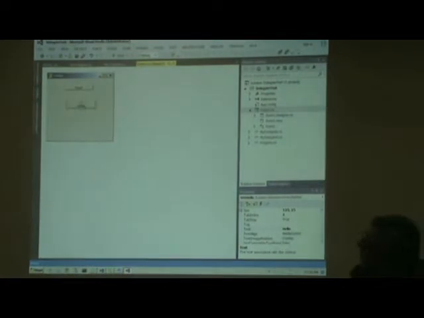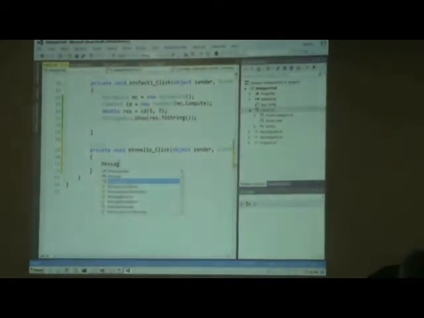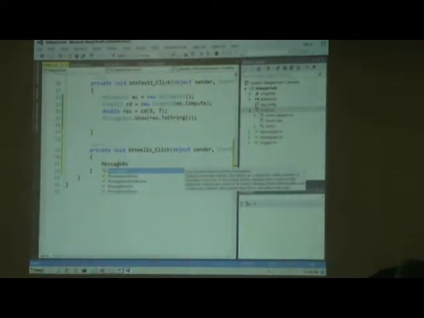And now I double click on this button and simply say, for example, MessageBox.Show